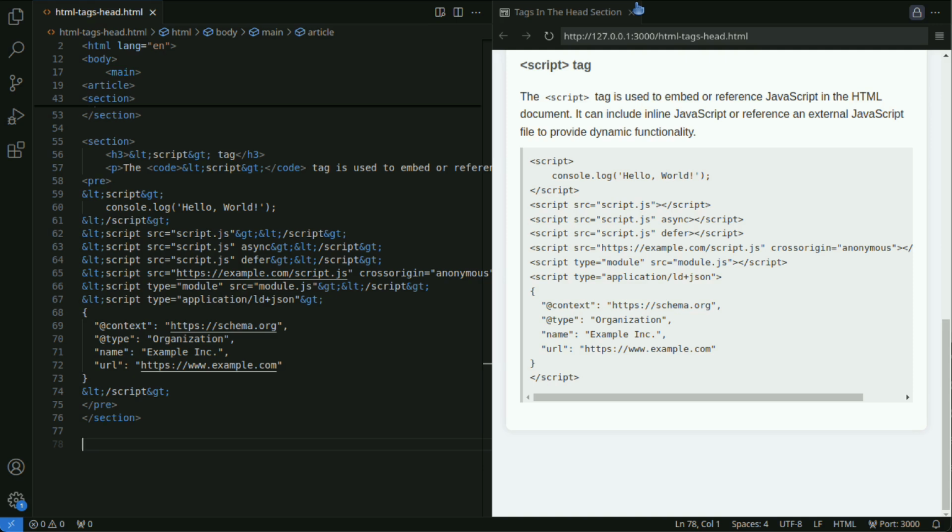The script tag supports two attributes, async and defer, which affect the timing of script loading and execution. Normally, scripts are processed sequentially by the browser, but using these attributes can improve page performance and loading experience.